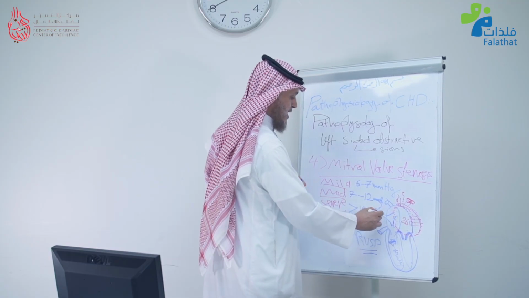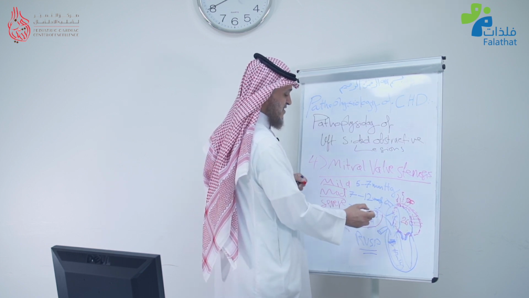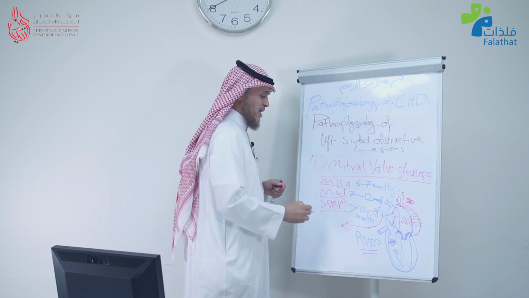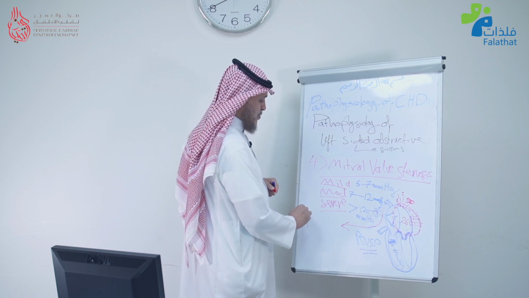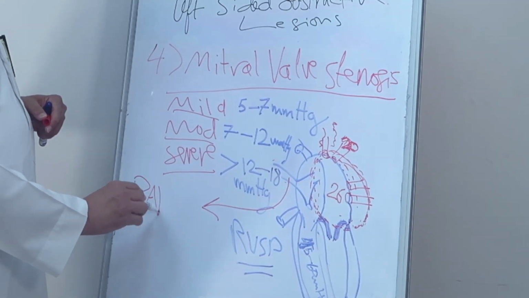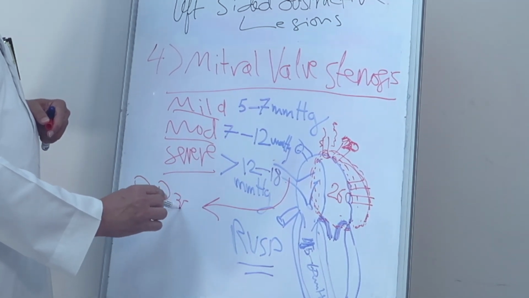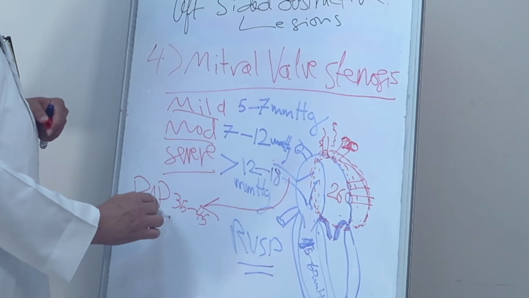Your pulmonary artery pressure, if the gradient is 18, the difference is 18 plus the normal 18, our mean PAP will be in the range of 35 to 45 millimeter